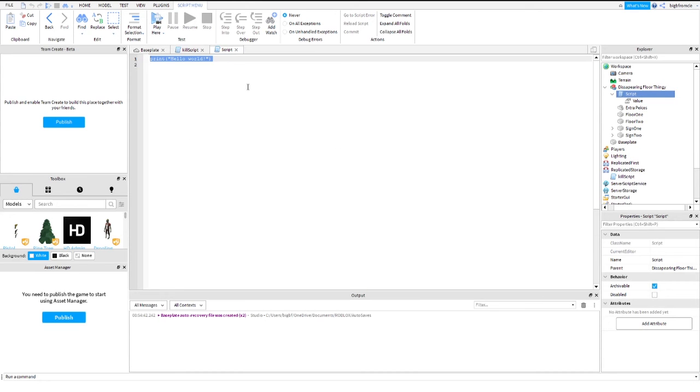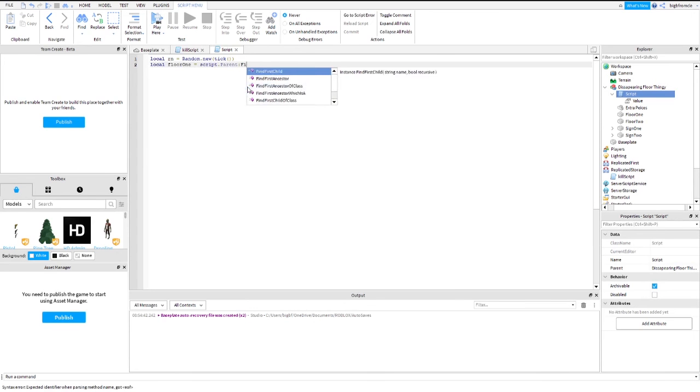So, I have it pulled up here. So, here's the script. Okay, local rn. So first we're going to do all the locals. rn is equal to Random.new(tick()). So tick is in parentheses, and behind it is an open and closing parenthesis. Now we're going to do local floor1 is equal to script.Parent:FindFirstChild, and then in parentheses and quotation marks,